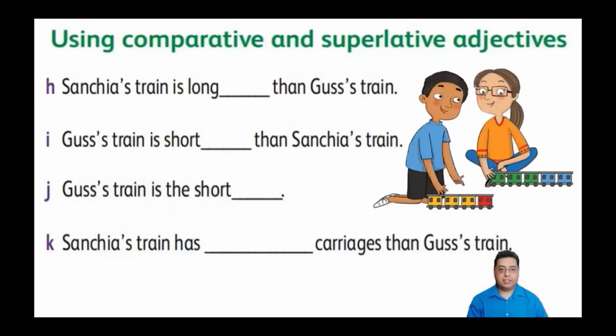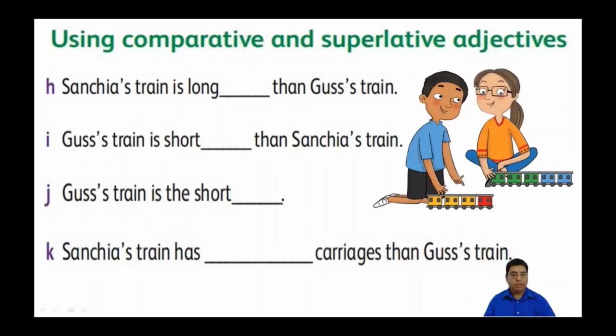For letters H through K, we'll look at the picture here and complete it. For letter H, Sanchia's train is longer than Gus's train. For letter I, Gus's train is shorter than Sanchia's train. For letter J, Gus's train is the